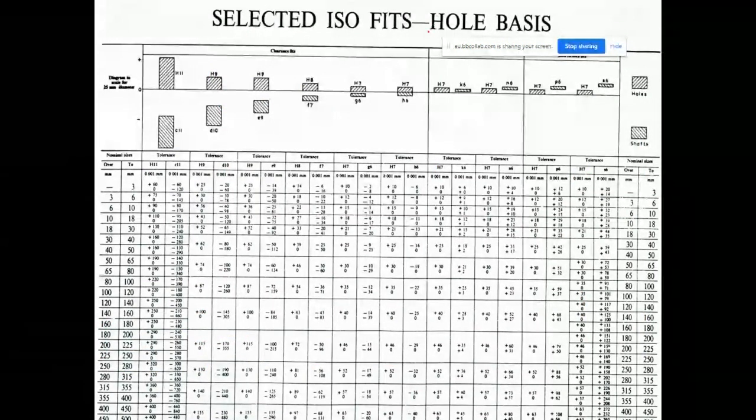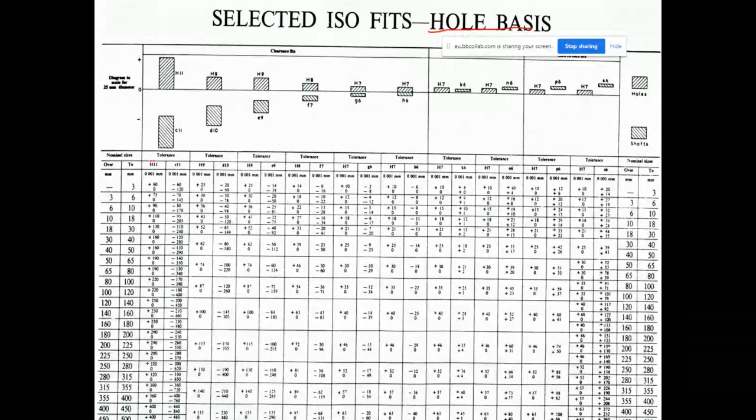This table has been prepared, and in the documents published by standardization associations, these are provided. But first, let me introduce you to the structure of this table. Repeat again, this is the table to refer to in this course, and of course, in real life, in industry as well, for functional dimensions.